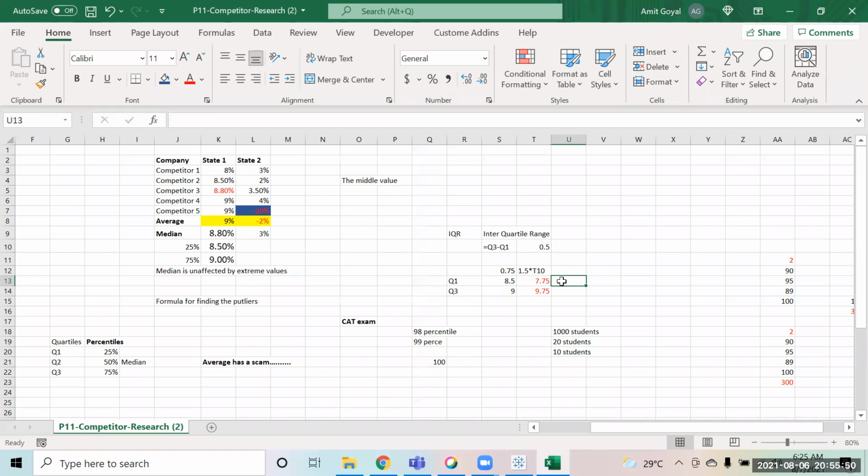So this becomes the lower limit, and this becomes the upper limit. After the IQR, you're just subtracting this to set the lower limit, and adding it to the higher number to set the upper limit, so that it will be helpful for you to find the outliers. Anything which lies lower than this or higher than this. Correct? Got it now. Yeah, thank you.